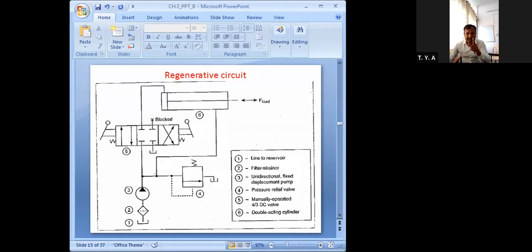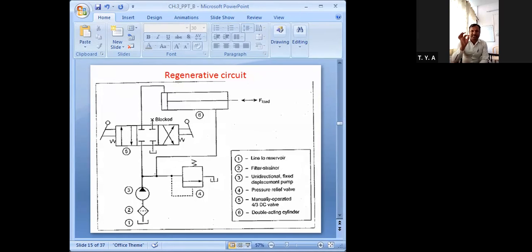When this 4x3 direction controller is shifted to the right side, oil from this pump bypasses this direction controller and enters into this rod end, by P to B. Getting it? So this is called the retraction.